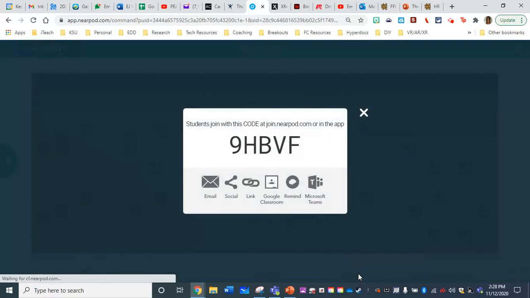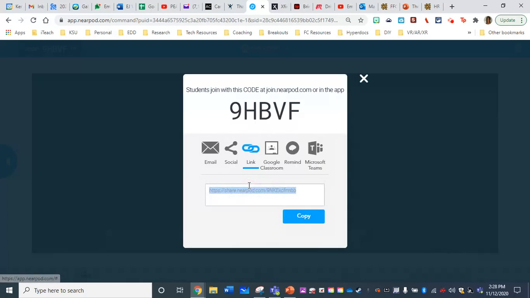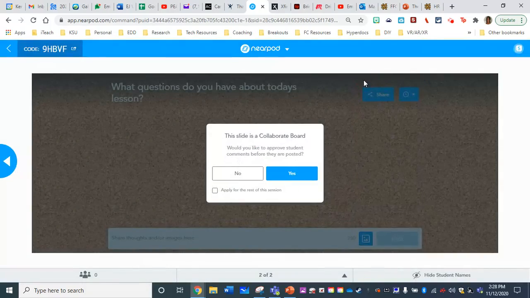Just like any other student-paced or live lesson for Nearpod, it's going to go ahead and give your students this join code, which they can enter at nearpod.com, or you can go ahead and grab the share link for this activity and share that maybe in your Microsoft Team or on Seesaw or anywhere else that your students are used to going to grab information from you. You can even go ahead and post it directly to Teams. So once you do that,